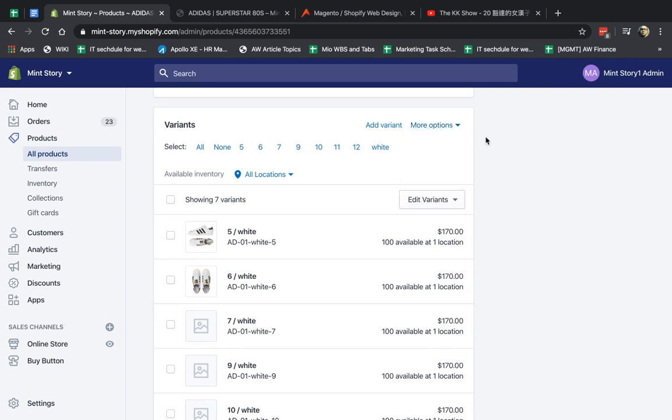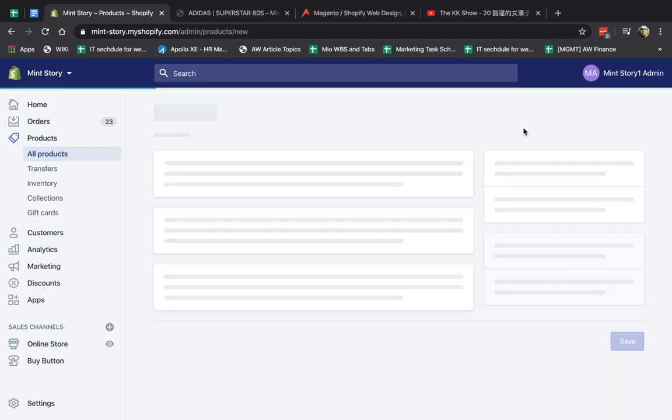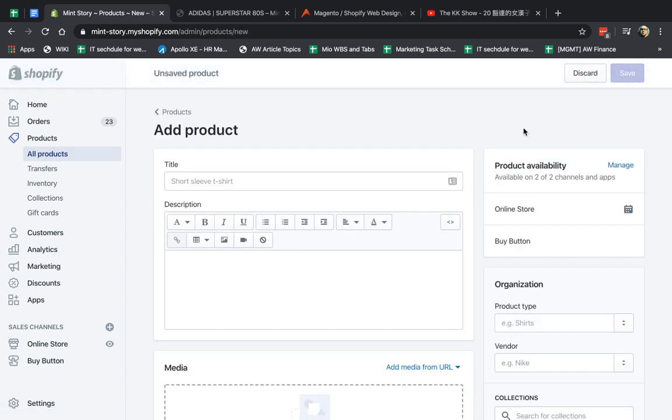Another thing about variants, which I want to show you on a completely new product, is that every product can have up to 3 different types of variants. So color is one variant, size is another variant, and for example, material would be another one. So if I have a small, a large, and a medium, I might have a large, small, medium, but leather and then cotton and things like that. So you start multiplying it.